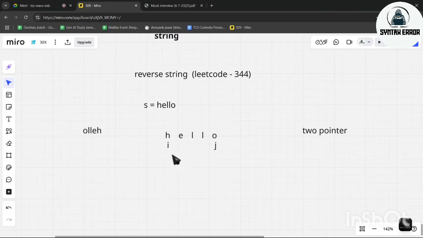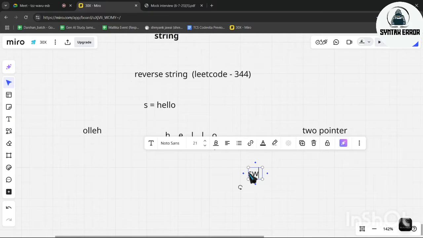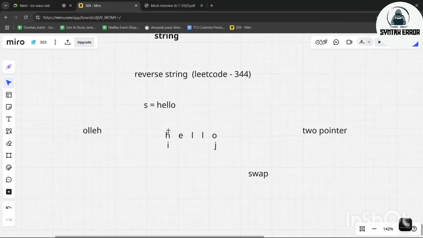Now we will swap i and j. When we swap, O will come here and H will go here. So we got O and H at their respective places.